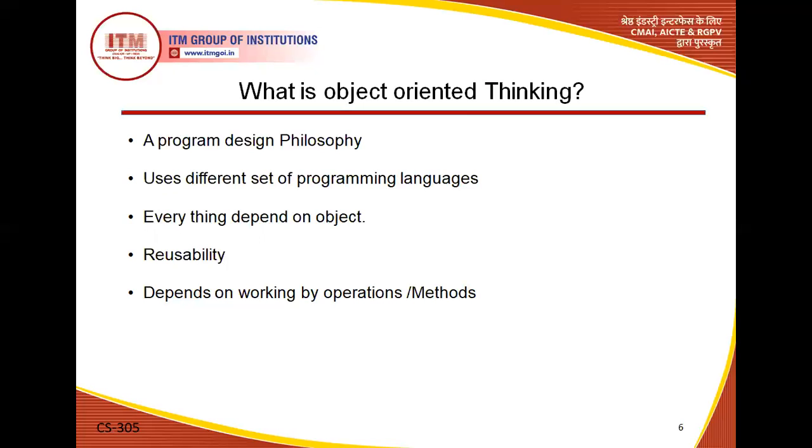Here everything depends on the object, because without creating any object, the class does not work. The purpose of the object is to interact with all the data which we declare in our module, which we design in our class module. So the object will call all this data. So the object is a very compulsory point here.